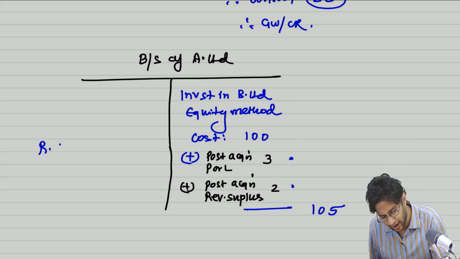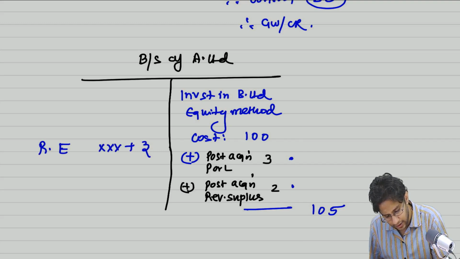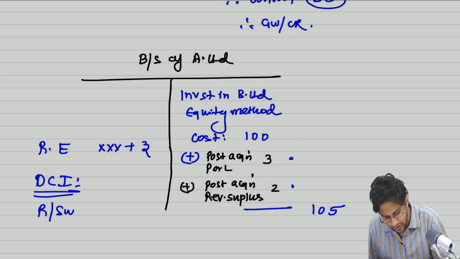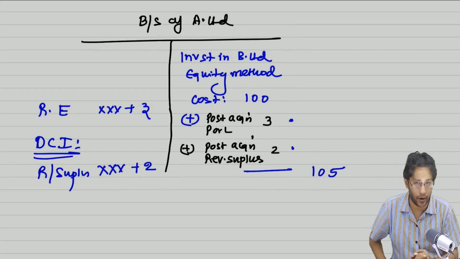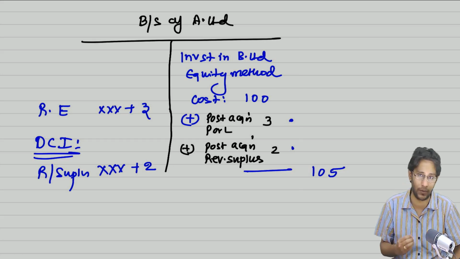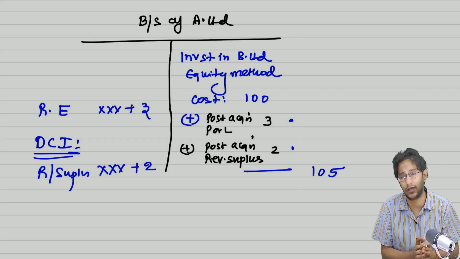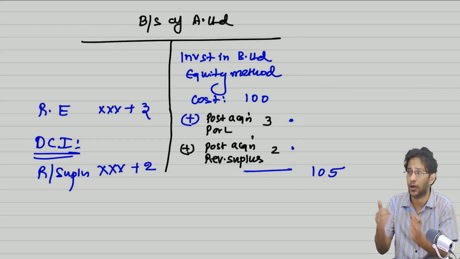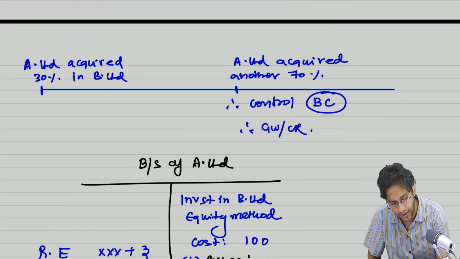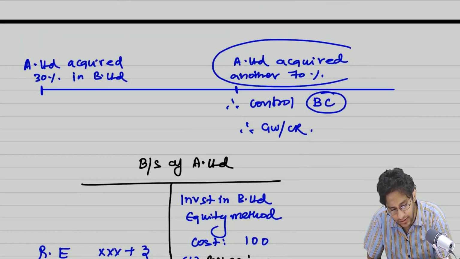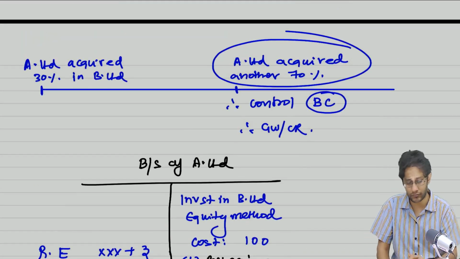Correspondingly, you would have added into your retained earnings. In your retained earnings plus 3 is there. In your OCI section, to your revaluation surplus, this 2 also is there. So even though originally you purchased it for 100, because of application of equity method, extra profits of the associate got added into your investment also, to your reserves also. This is the status.